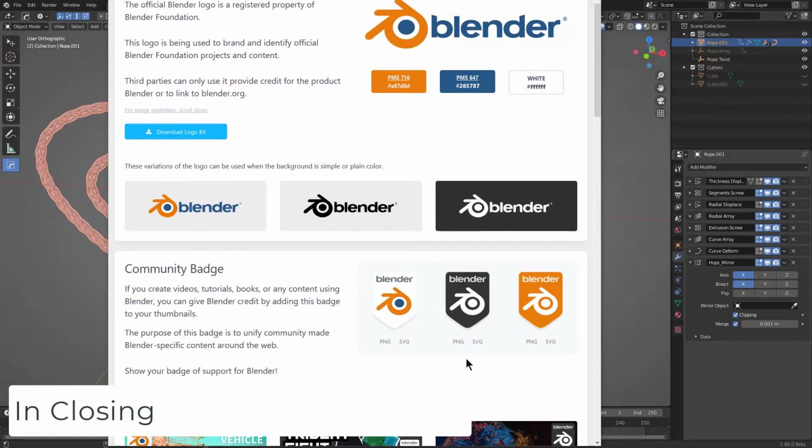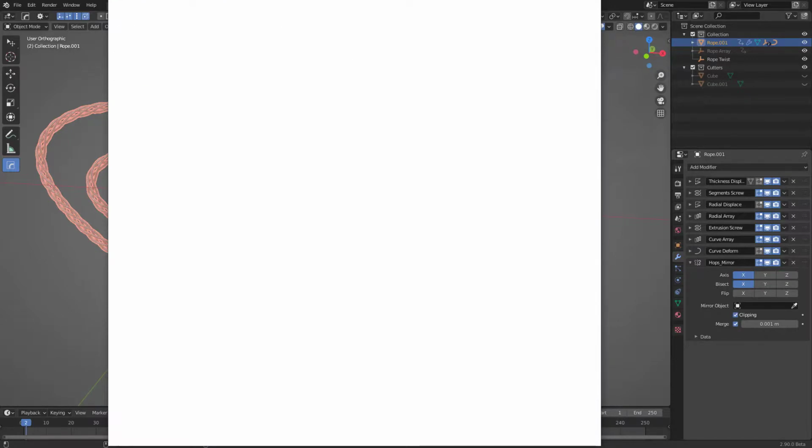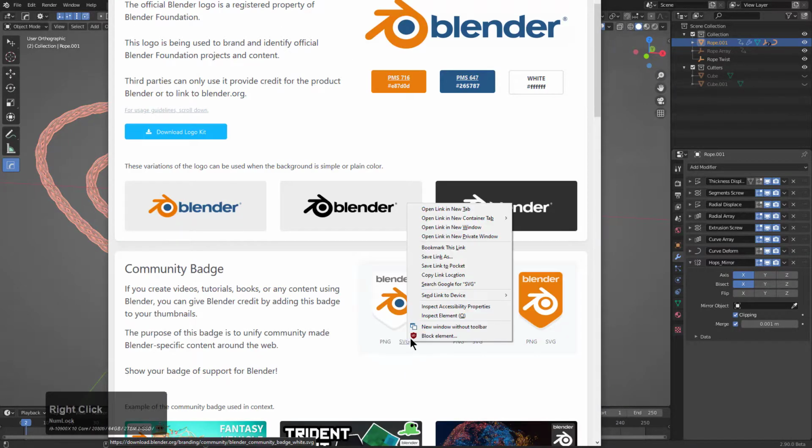So on the Blender site, they had these logos that they wanted us to use for community tutorials and stuff like that. So I thought it would be fun to actually play with the concept. So for this one, instead of playing with the black and white one, which is perfectly bland for someone like me, we'll actually choose something more cheerful like the SVG. And let's actually backspace and go back a page, and we're going to right click and save this link as